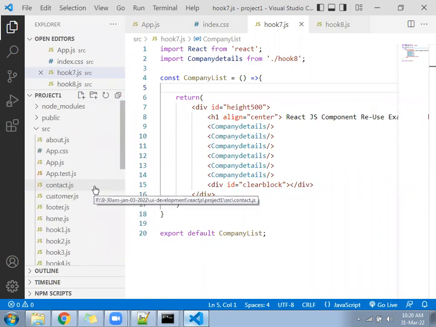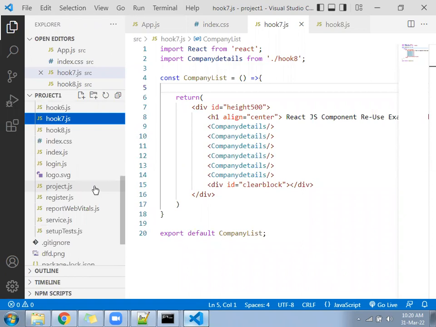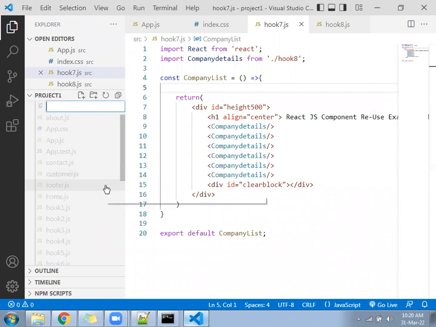So create the next files. The next files will be hook9.js and hook10.js. Two files you create, hook9.js and one more file, hook10.js.